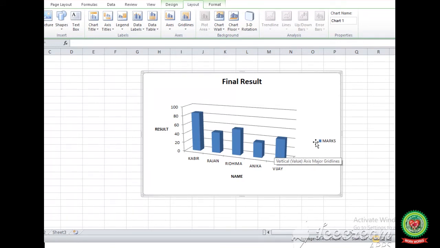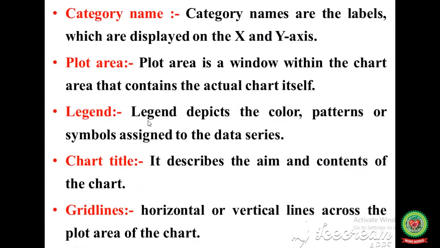So legend depicts the color from these data series. With the help of legend, you can easily differentiate the data. So legend depicts the color, pattern, or symbols assigned to the data series.